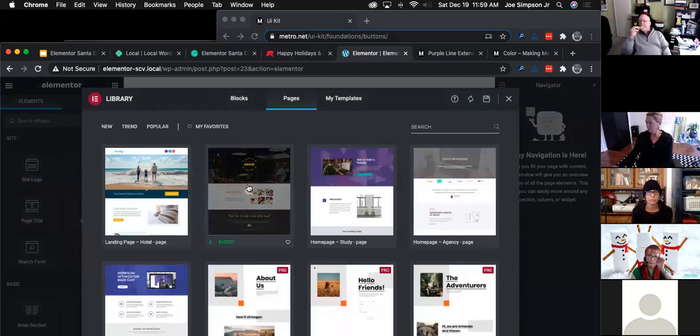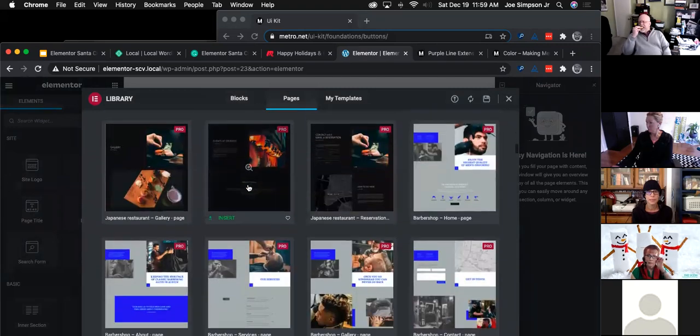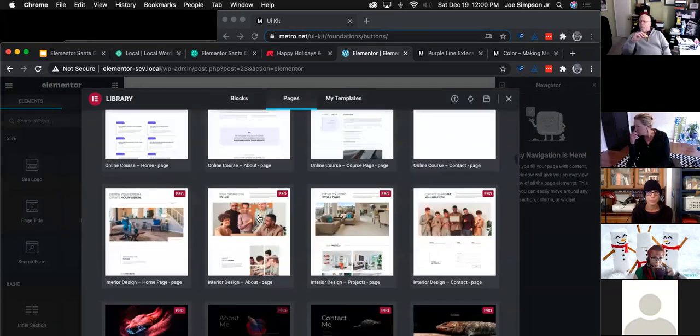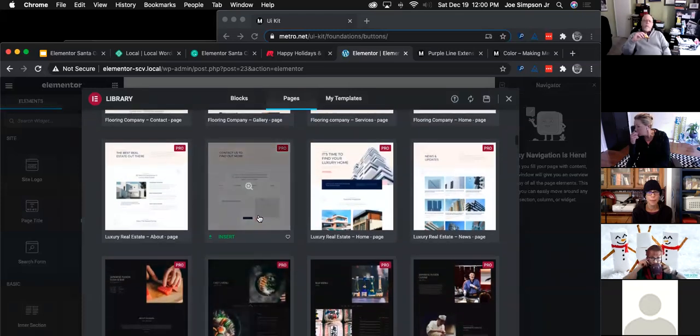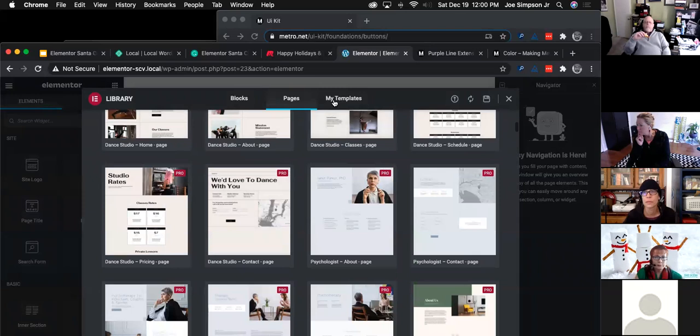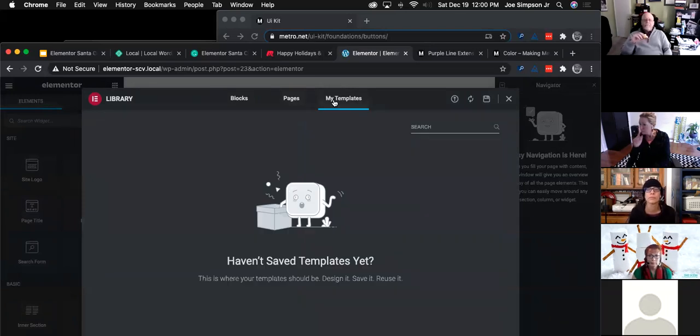It also has a number of pages for you to start with. And if you notice, they're also put together in what they call kits. So you can also start with a pre-made layout, which has all those basic pages that we saw before. Or in our case, we're going to build templates and they're going to appear here. Or you can start from blank by just hitting